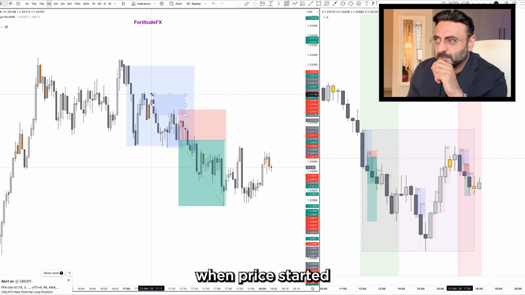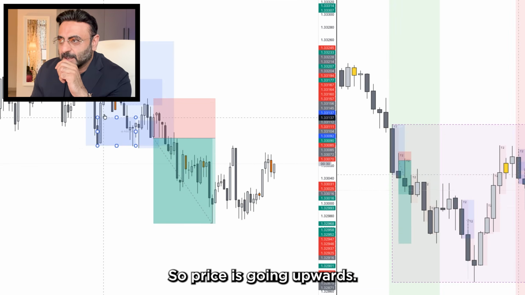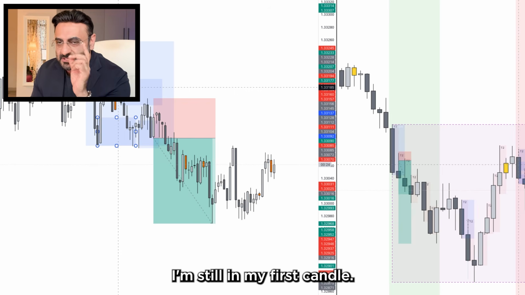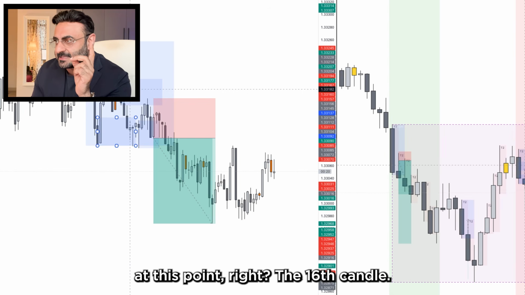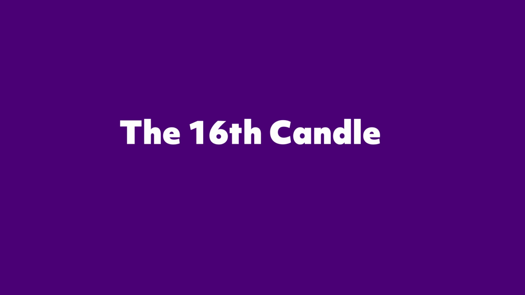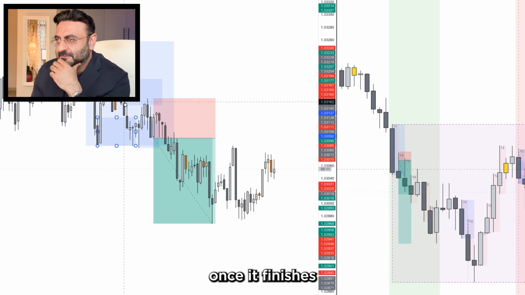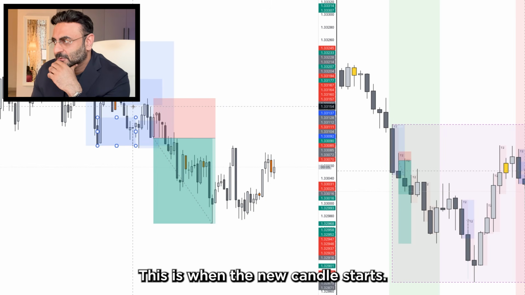And in this case, when price started falling downwards as such, so price is going upwards, I'll mark this zone. Price went up, came down, went up again. At this point in time, I am still in my first candle. I don't move into my next candle at this point, right? The 16th candle. So for me, this is all just being formed. I'm waiting for this candle to finish. Once it finishes at 12, 13, 14, 15, this is where it finishes. This is when the new candle starts